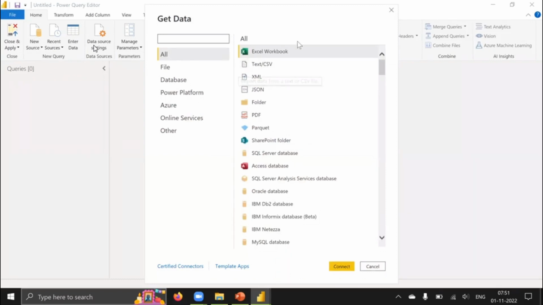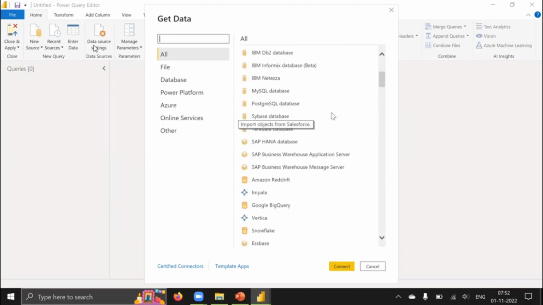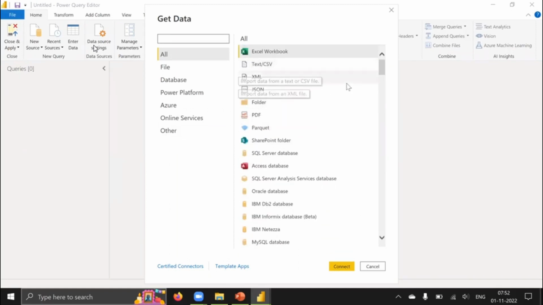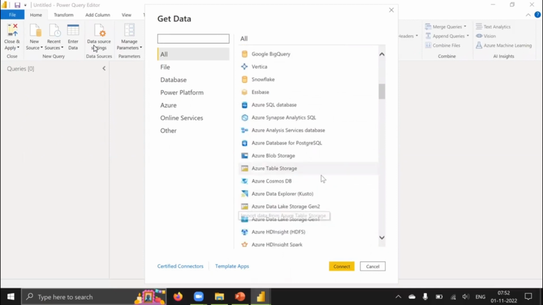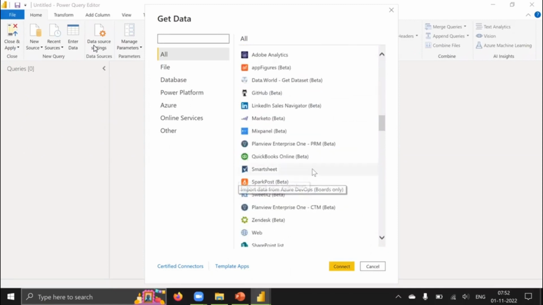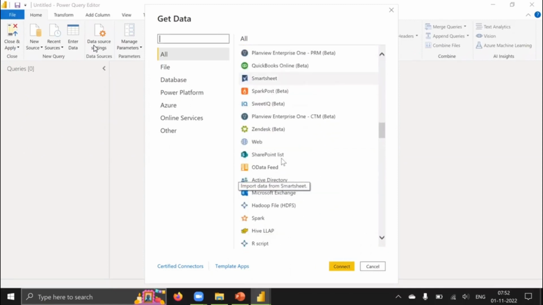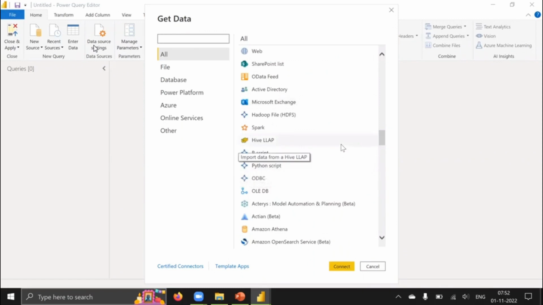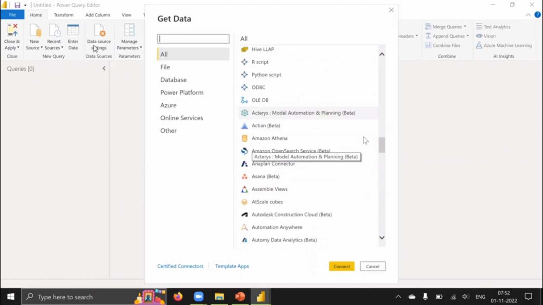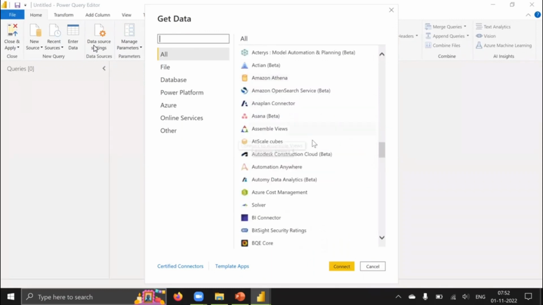Now, here you get several options, right? These are basically all the data sources that you can connect to. It can be a simple Excel workbook, or your Amazon Redshift or SAP HANA database or Azure SQL database. Virtually all the data sources in the world you can connect to, even your email. Microsoft Exchange is nothing but email, and you can import data from that. You can import data from your Amazon database or